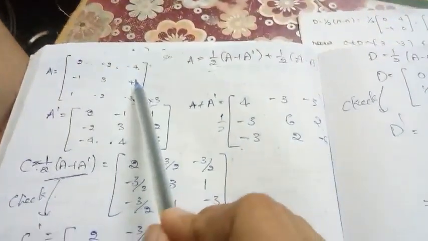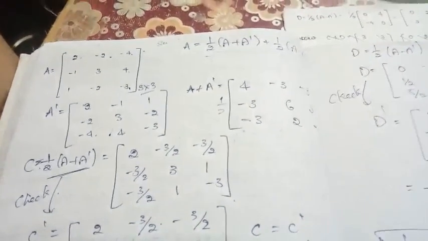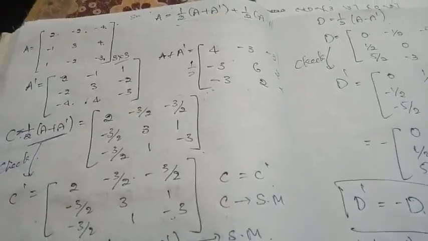This is the method by which we show how to express a given matrix as the sum of symmetric and skew symmetric matrix. Go through the method again. If you didn't get it in one shot, go through this video again, so that you will clearly come to know how we are going to express it as a sum of symmetric and skew symmetric matrix.